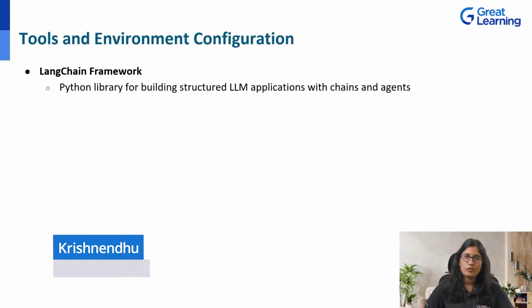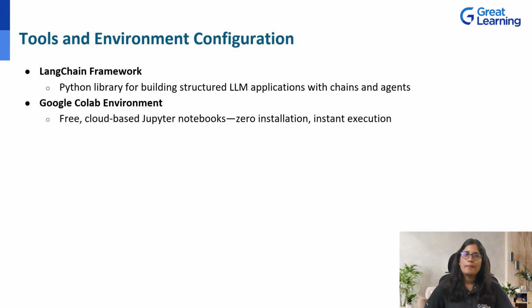LangChain is a Python framework used to work with large language models, or LLMs, in a structured way. This makes connecting to models, creating chains, and building applications easier and more modular. Google Colab is a free cloud-based Python notebook environment that runs in your browser. You don't need to install Python, set up a development environment, or configure hardware on your local machine. Colab provides a Jupyter-style notebook interface where you can write code, see results immediately, and save your work to Google